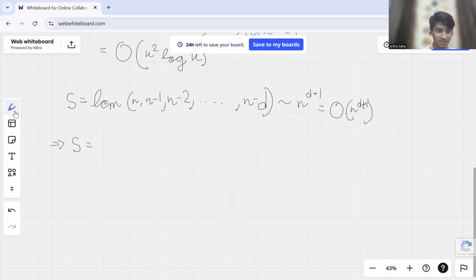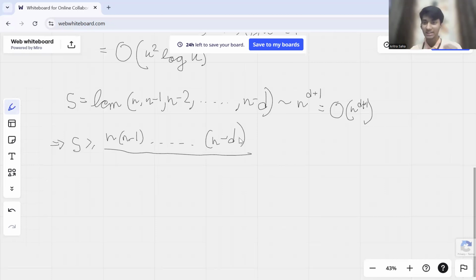I shall just write the first line you said. So I think you're trying to say we multiply everything, n into n minus 1 till n minus d. It should be greater than or equal to, I think, the sign. What will the sign be? Should be greater than or equal to n minus d by